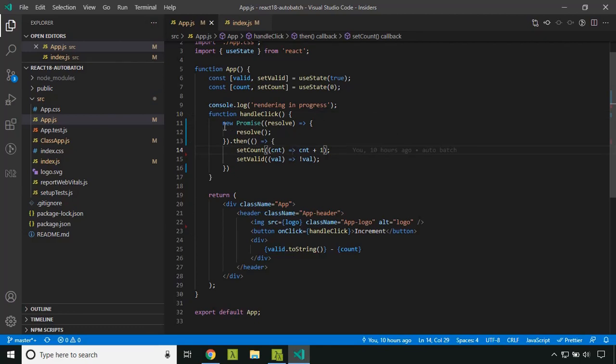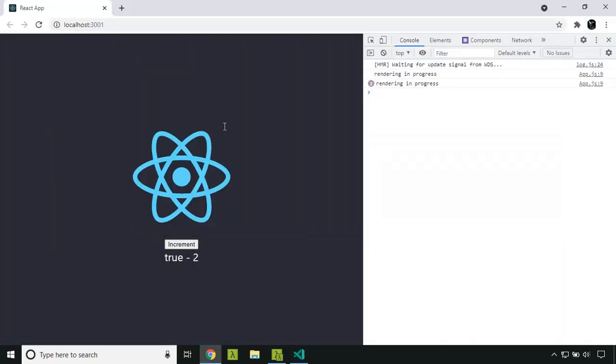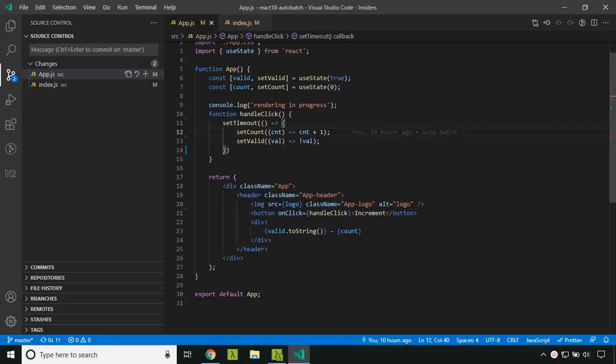For all of the asynchronous methods, like if I call a setTimeout, it will again have the same effect. Similarly for requestAnimationFrame as well. As I mentioned earlier, automatic batching is mainly a behind-the-scenes change, so running applications will not see much of an impact. Let's see whether there is any condition in which an existing application can break.